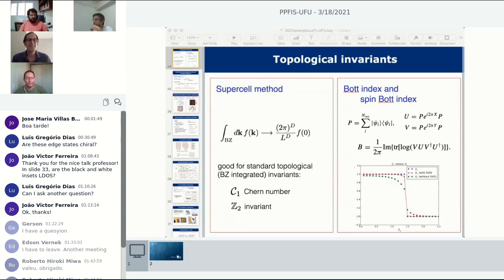Okay. No, just the question of transport. That peak of 2e squared over h, some people think it's not really there. I mean, it's confirmation bias or something, because many other experiments, people in Zurich, people here at USP, they tried, and as you said, it's not stable. So it would be interesting to see what your transport calculations show for the distributions of these conductance plateaus for these edge states. Okay. Yeah.